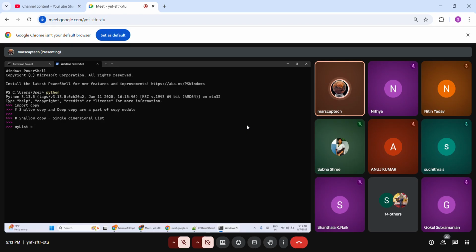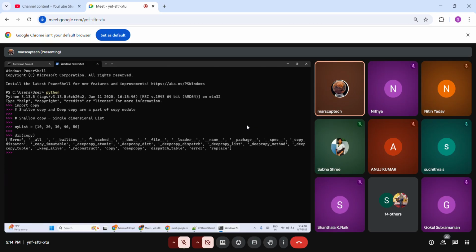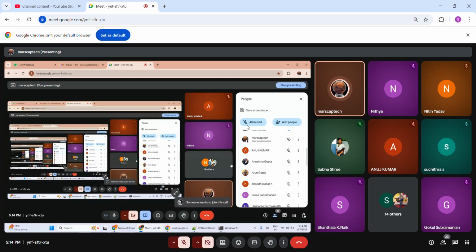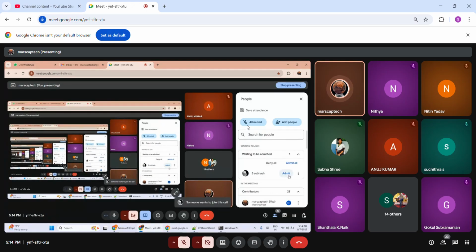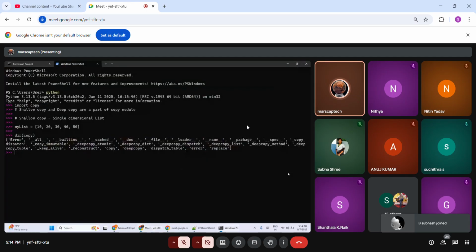My list equal to 10, 20, 30, 40, 50. Single dimensional list, there is only one dimension. Now I want to know the support system of the copy module, so I should put dir of copy. So dir of copy will tell you all the support system of copy.